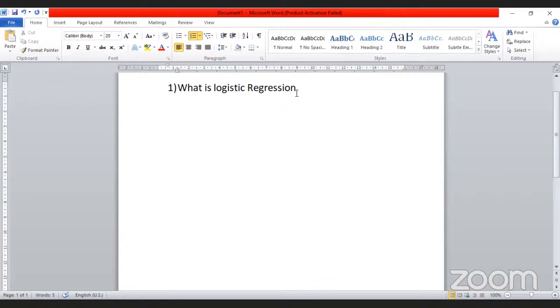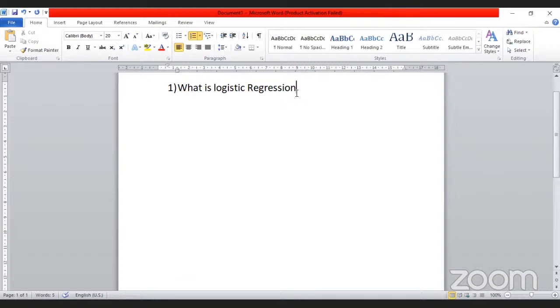We will see one example. For example, a candidate is standing for an election. Is he going to win the election or not? This is a logistic regression problem, because the output is in binary format, yes or no. So logistic regression gives us a binary output. There is a linear relationship between the variables, but the output will be binary.